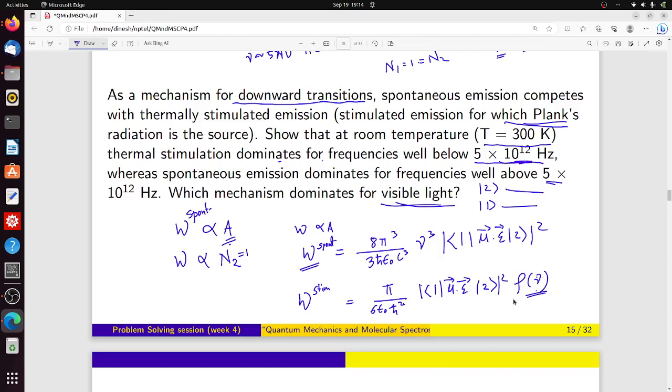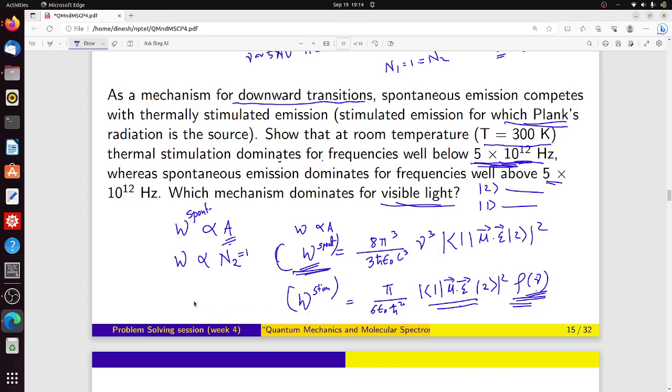Okay, so this part I can get from Planck's radiation formula, and this actually I can evaluate, but I don't have to, because we have to show at room temperature which process will